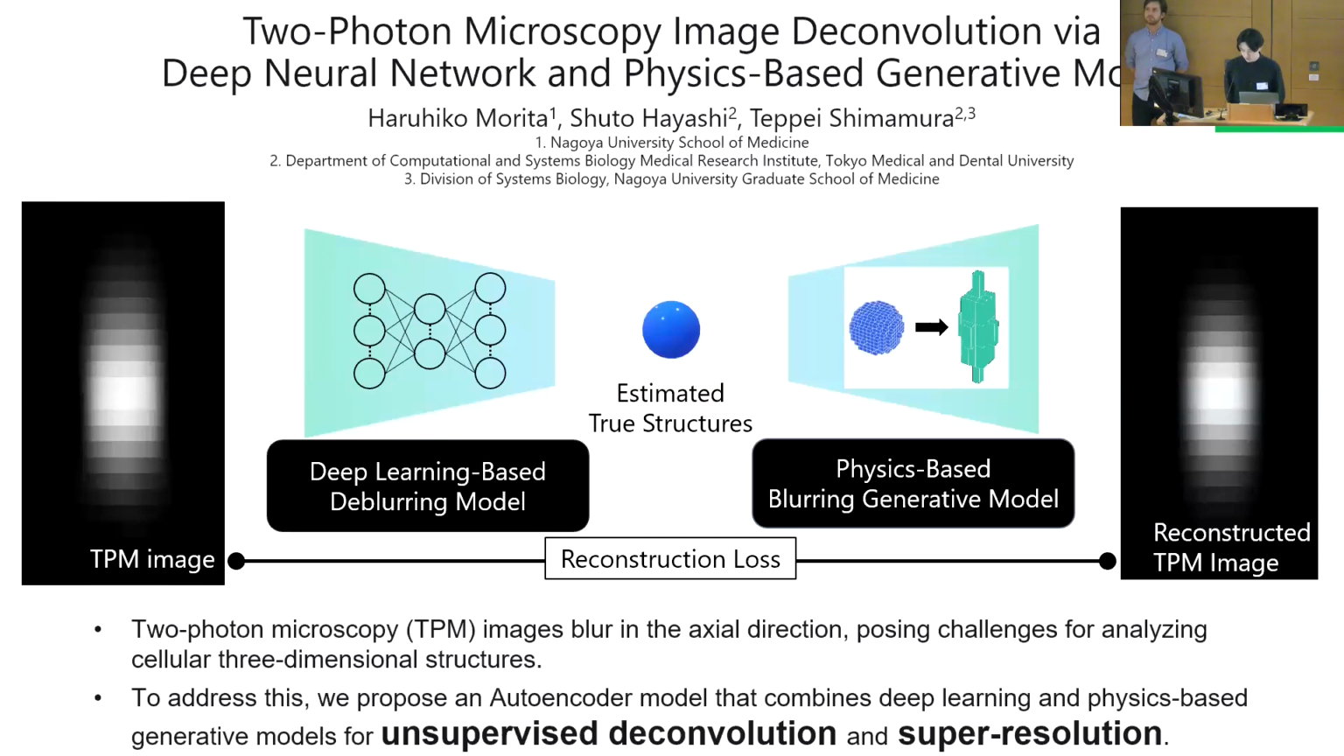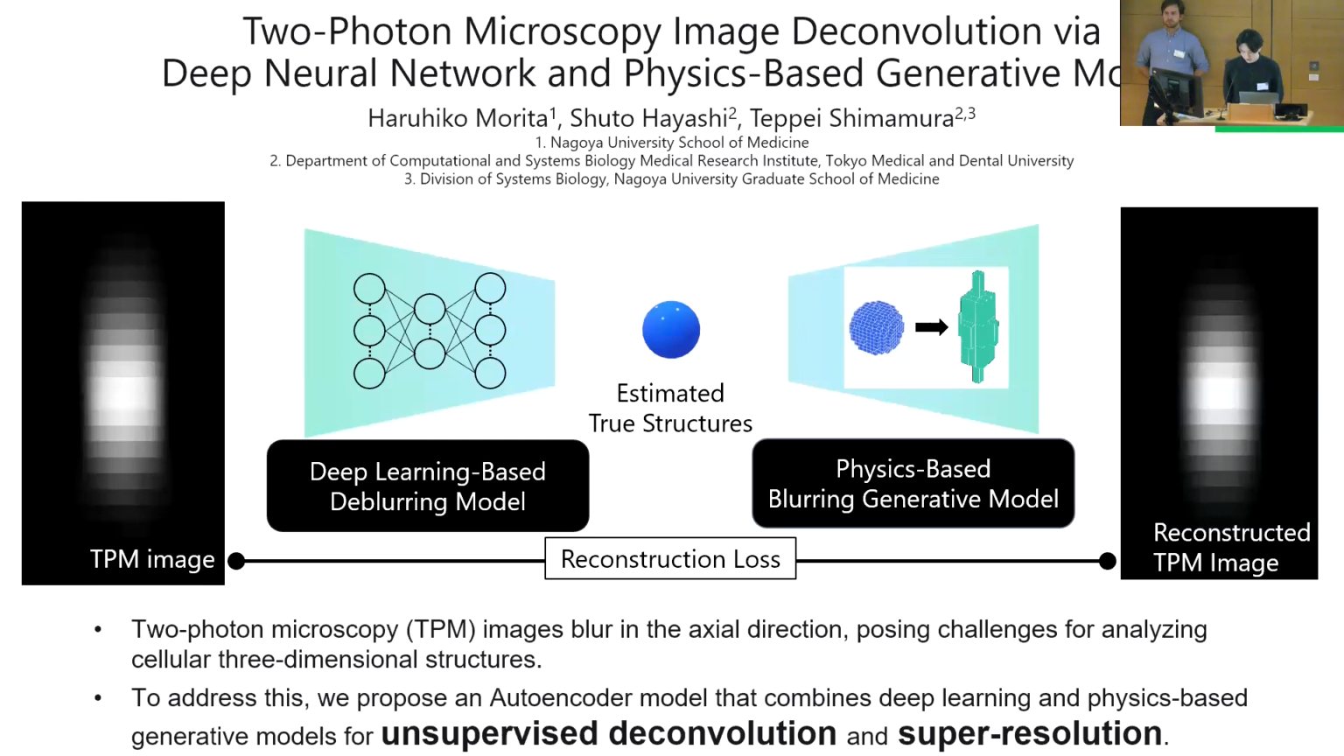Two-photon microscopy images blur in the axial direction, making it difficult to analyze three-dimensional structures. Commonly, deconvolution methods are used to deblur these images. However, these methods require extensive hyperparameter tuning, are sensitive to noise, and often fall short in achieving